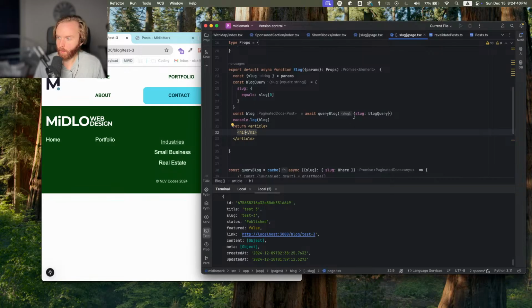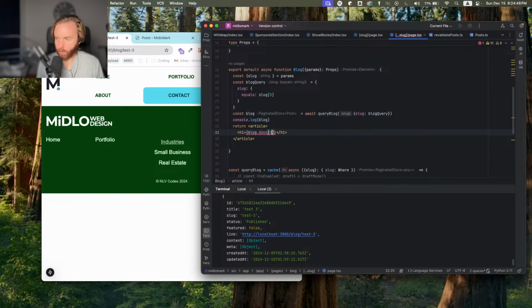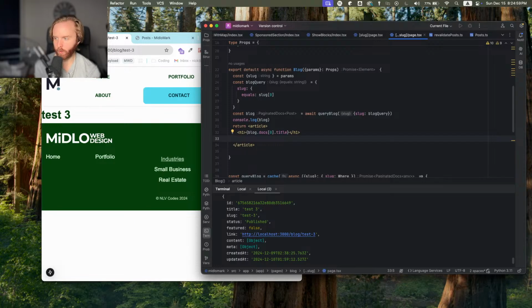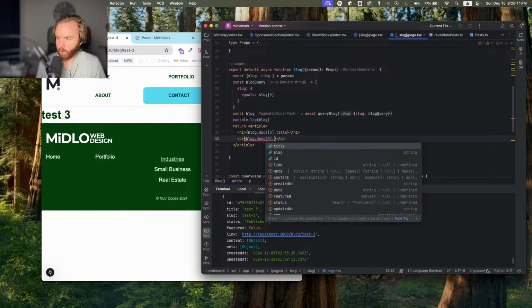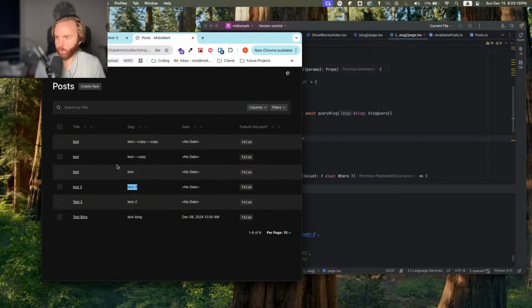So here we can do blog.docs0 title. And then we can start there. If I refresh, I see test3 as my title. And so say I want to include our date. So I'm just going to do a paragraph, and we're just going to set it to be blog.docs0. I should have a date field, but I don't for this blog. So what I'm going to do is just use updated at for now, and then come over here to test3